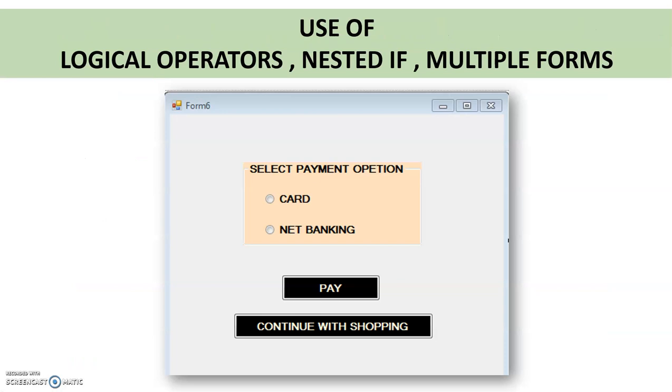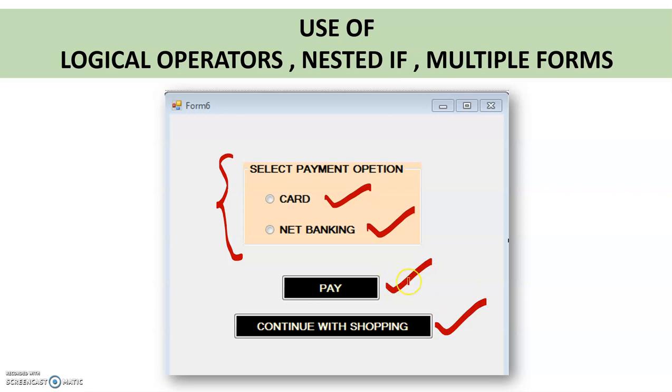After that, the second form will open, and this is my form 6. On this form, as you can see, I have taken option buttons using a group box, two option buttons, so I can use either the card or the net banking option, right? And we have two command buttons, pay and continue with the shopping.